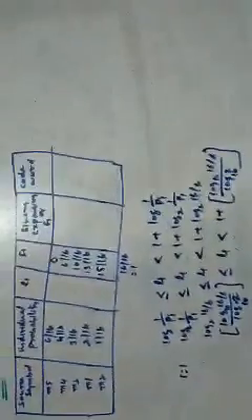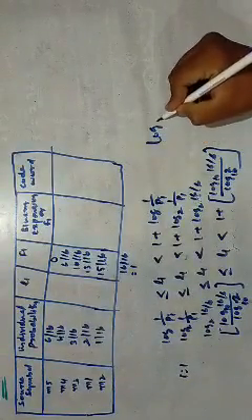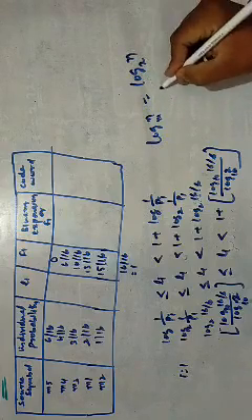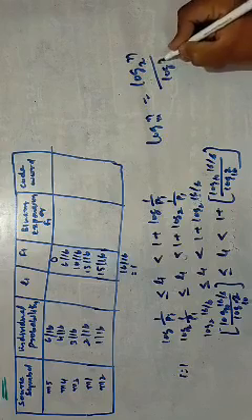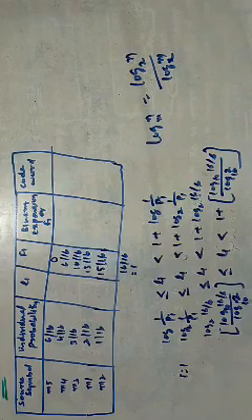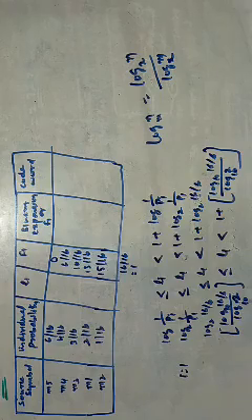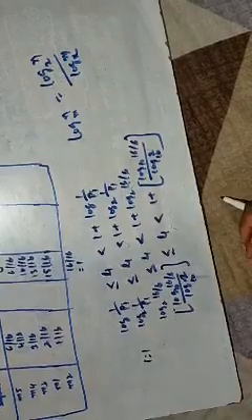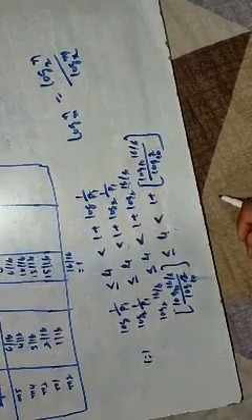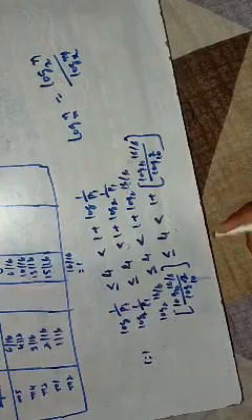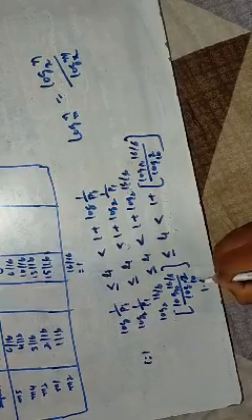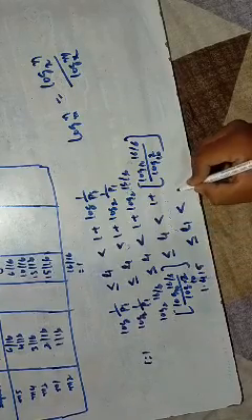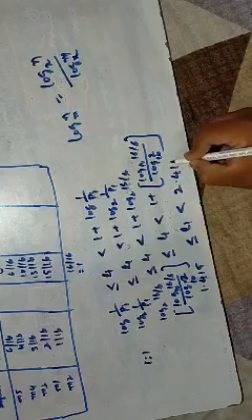This is by the change of base rule, that is, log_m n can be written as log n to the base x divided by log m to the base x. This is the change of the base rule. Okay, we'll convert this one. By solving this, we get the answer: 1.415 less than or equal to L1 less than 2.415.